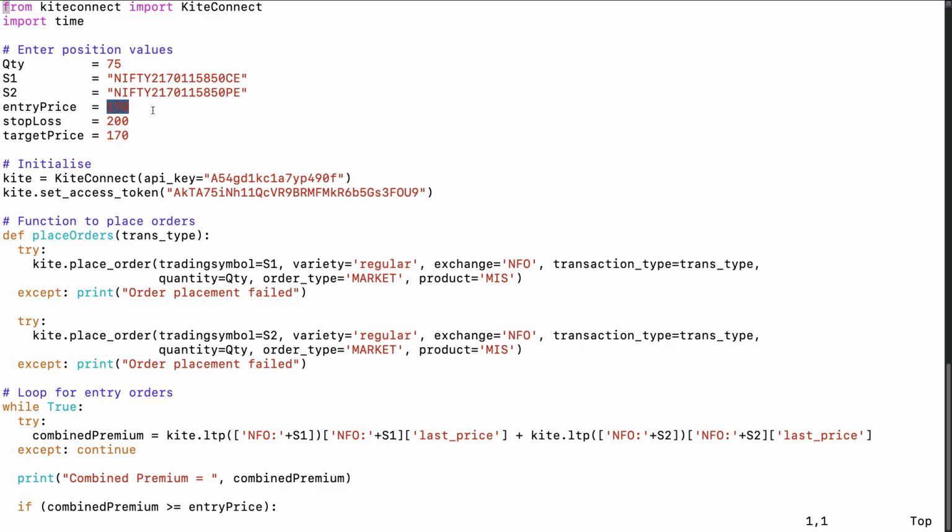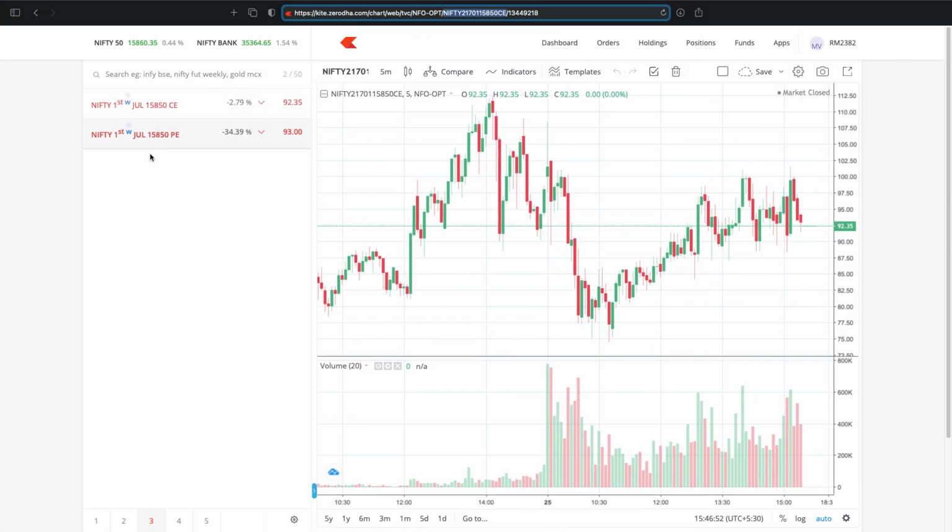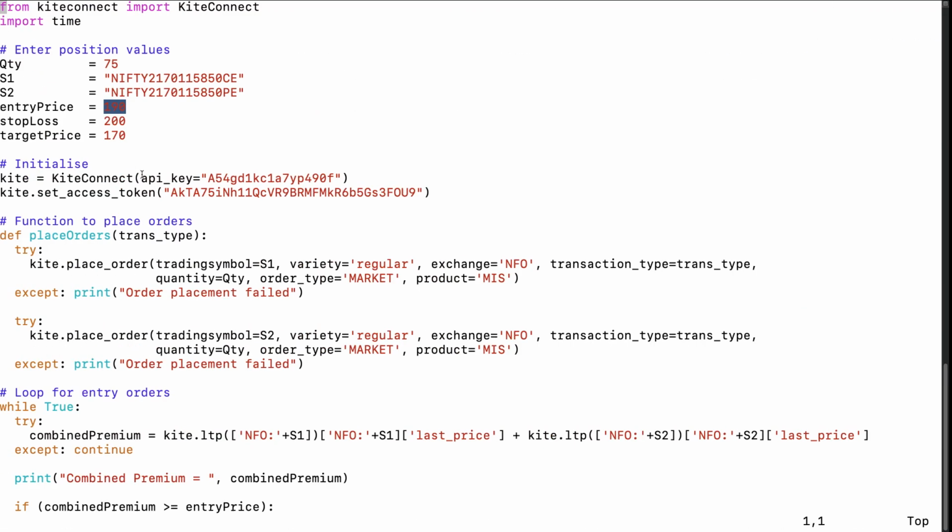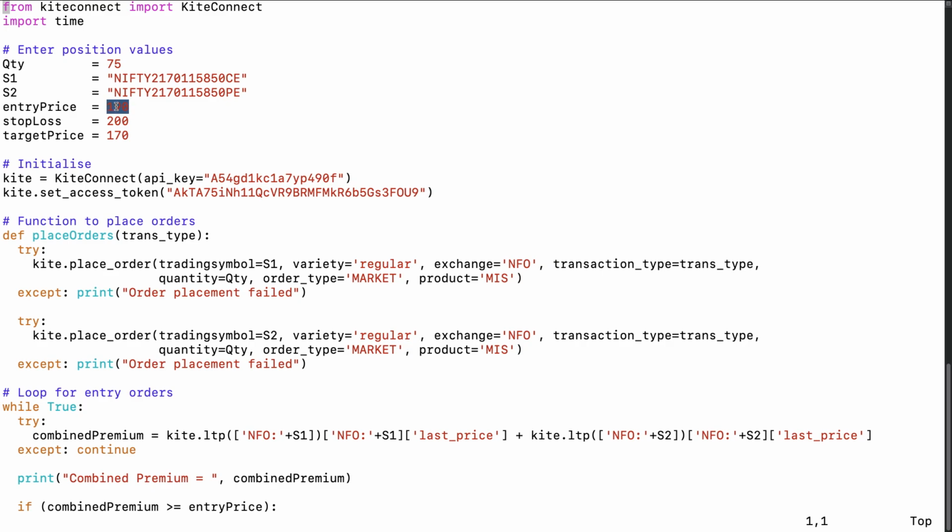Entry price I've mentioned as 190 rupees here. If you go back to the current value or the last traded price and add both of these up, 92.35 and 93, it comes to 185.35. So what I mentioned here is to execute this position, or place the trades, only when the price is above 190, not before that.